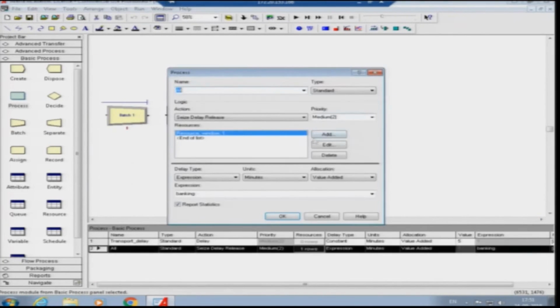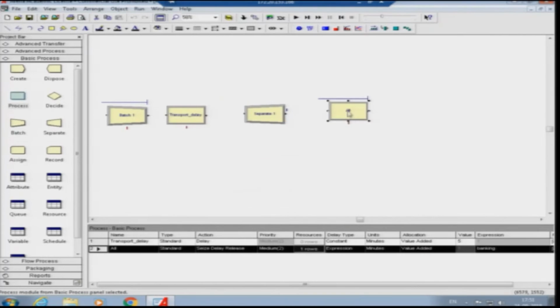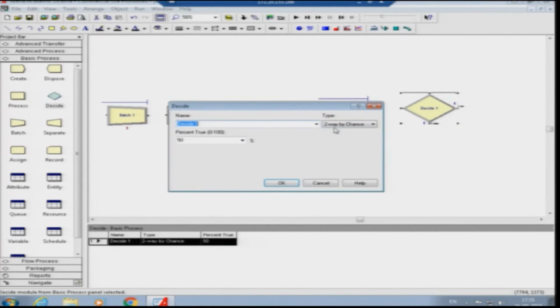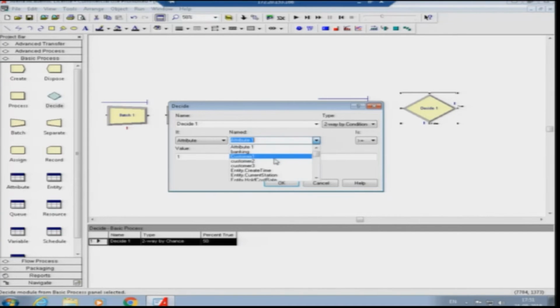So we will put expression name as banking. Again we will put the decision node in order to identify which of the customers belong to the group which wants to make a draft. So we will again use two-way by condition with the attribute name as customer 2 equals to 1.